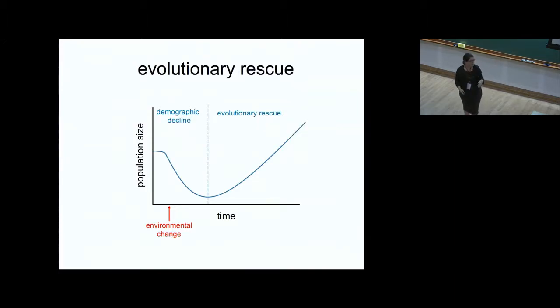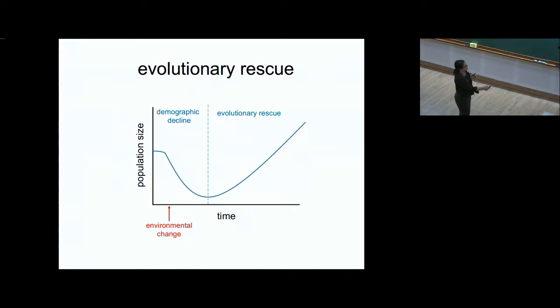So this is the world's most simple diagram possible. If you imagine maybe population size here and time this way, and I love that I've labeled them. So this is when a theoretician makes a graph. Okay? So we have a population with some size, and if we imagine there's an environmental change that moves that population to a place of lower fitness, it's possible that lower fitness leads to population decline. So now we've got this demographic decline. The numbers of organisms are going down.